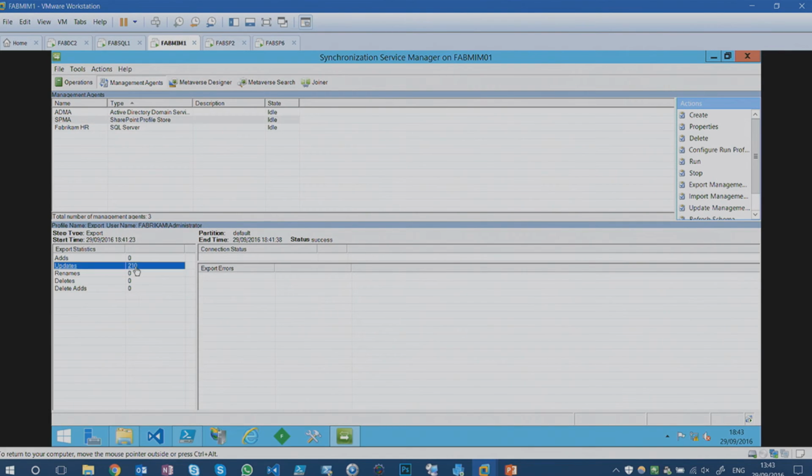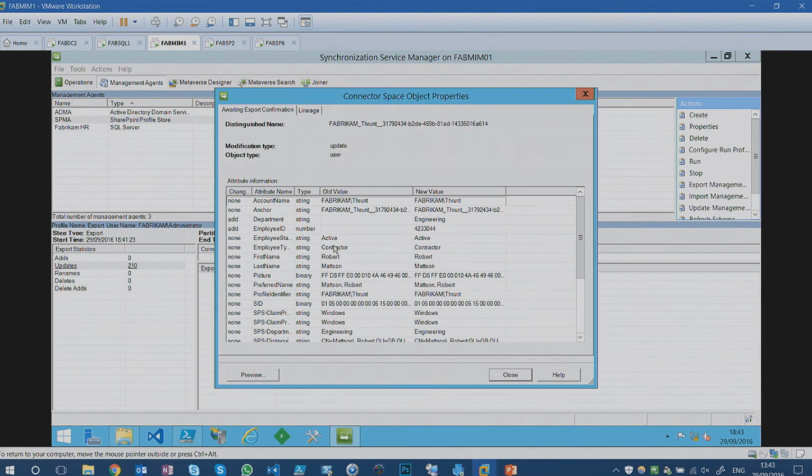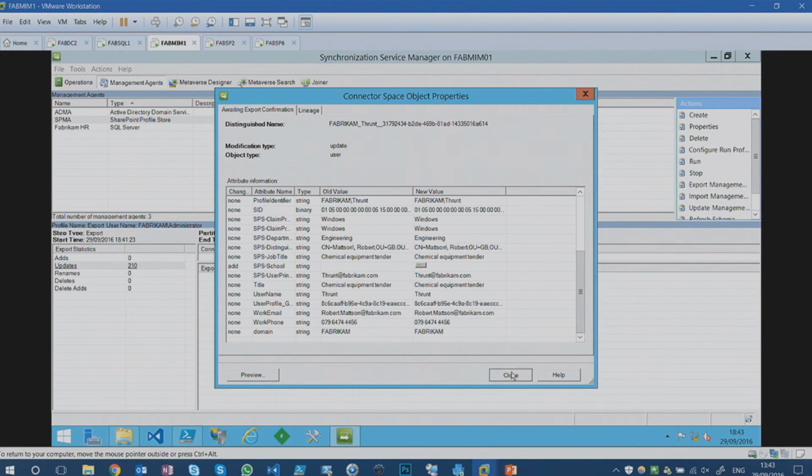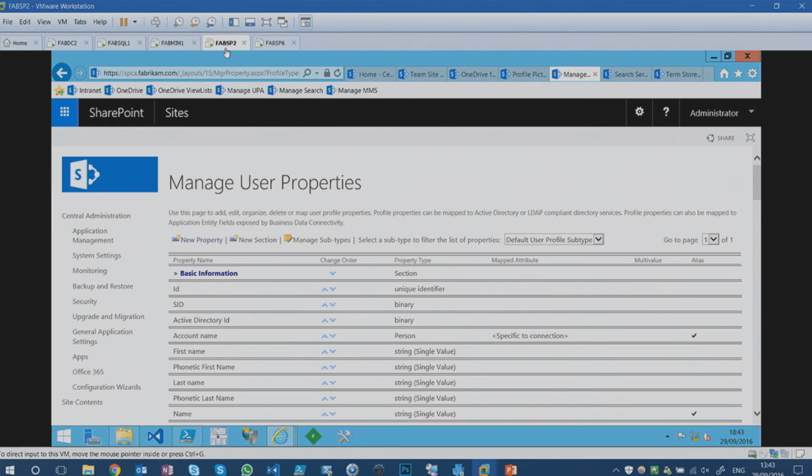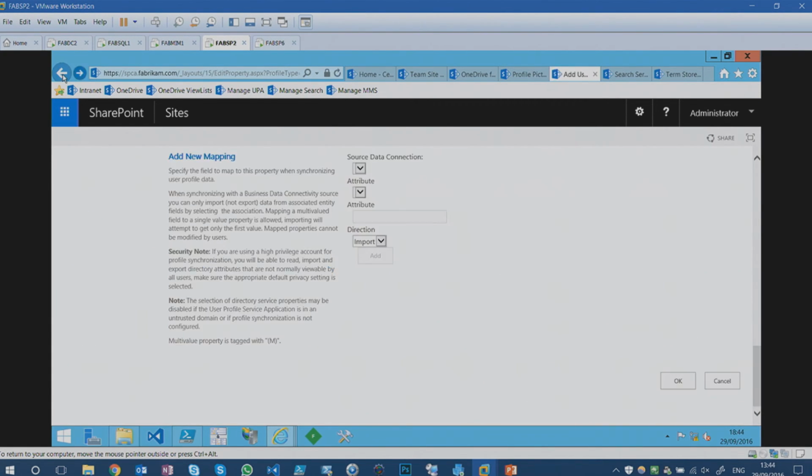Okay, so you see there's 210 updates. You know, it's our department, employee ID, etc. So it's all worked, at least as far as MIM is concerned. And this is a very important point that I'm desperately trying to get to. If we come back over here to our user profile store,